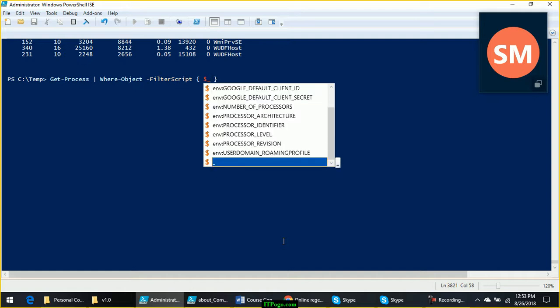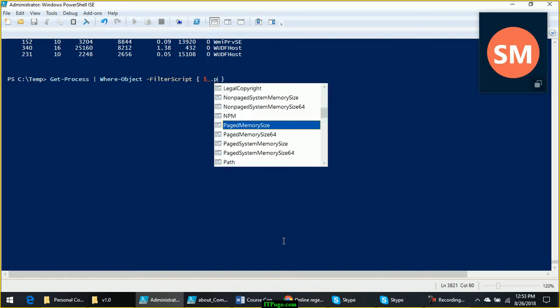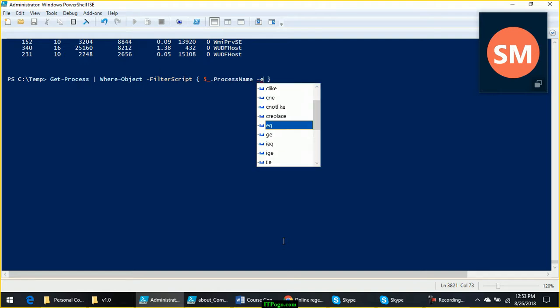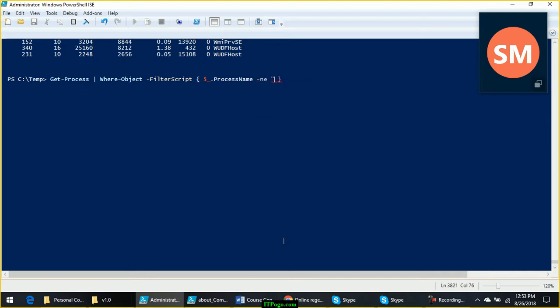Remember, this $_ is going to be with you always in PowerShell, and $_ represents the current item in the pipeline. When there are multiple objects flowing through the pipeline, $_.ProcessName will give me the process name property of the current item, and we want it not equal to, -ne, SVC host.